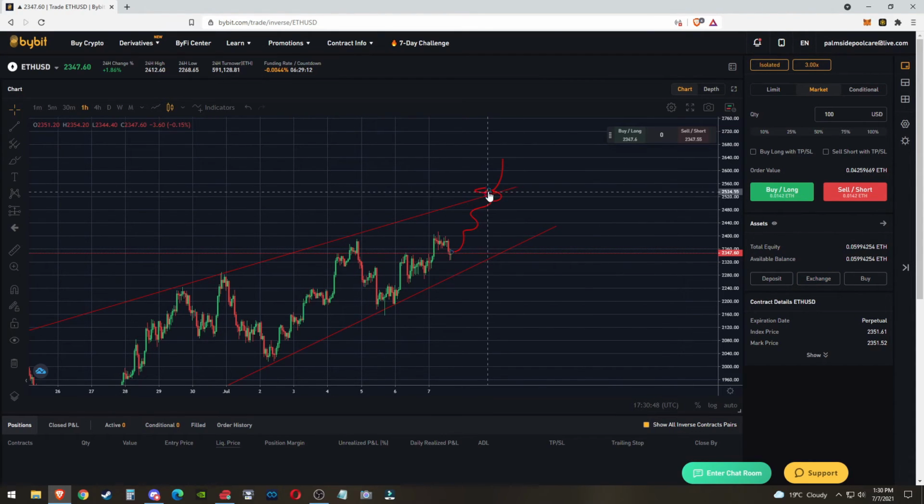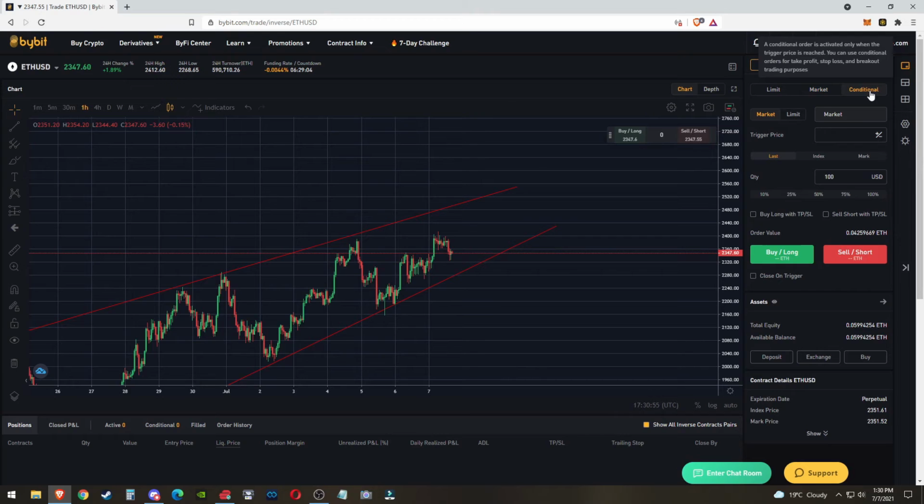Let me click on this and get rid of this, this, and this. Now the other option you have is conditional. So trigger price, basically up or down. So this is kind of the same thing. What you can do with a trigger conditional is you can basically put in a buy order if you think it's going to break, like I said, somewhere in this area. If you think it's going to break in that area, you can put in a trigger price for this area,